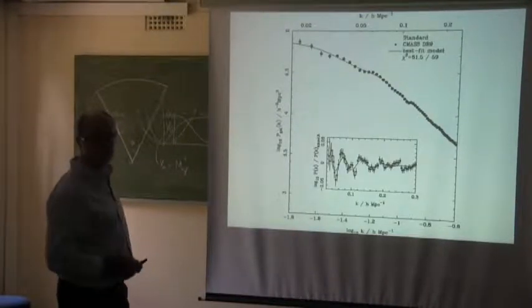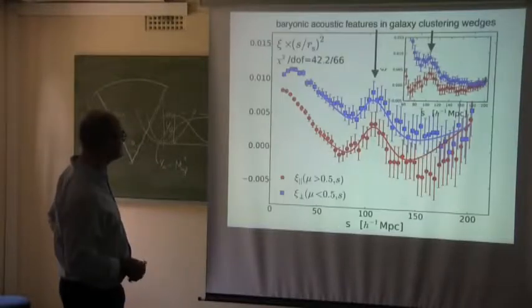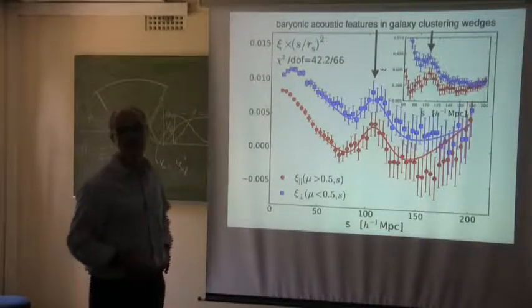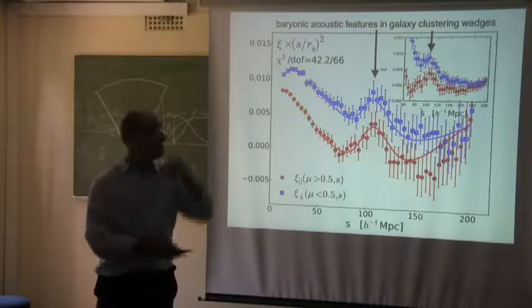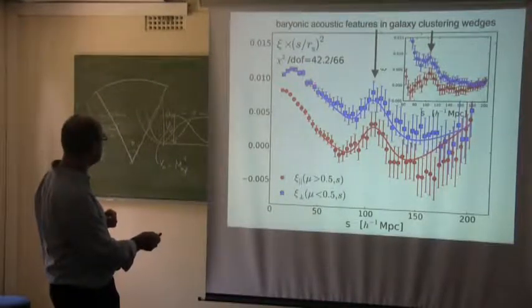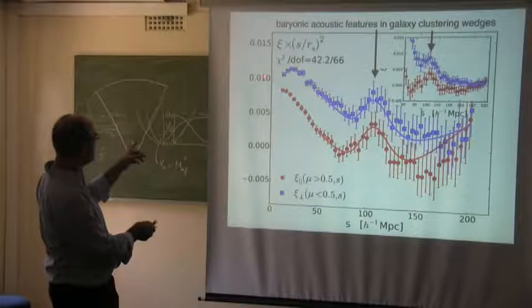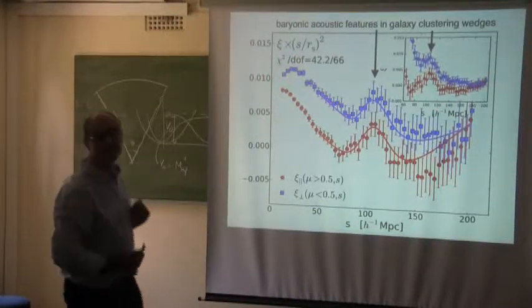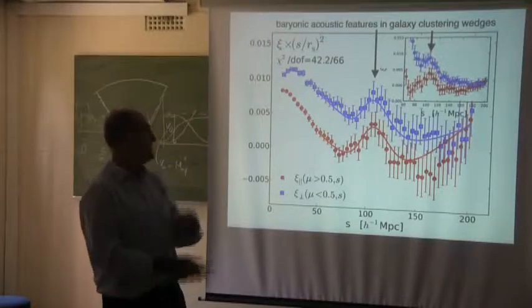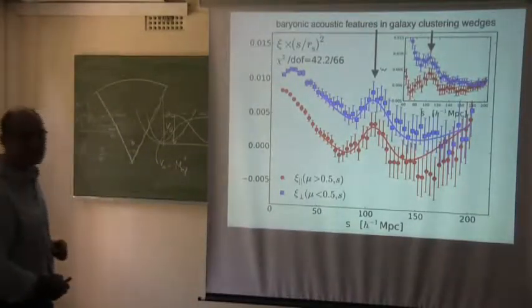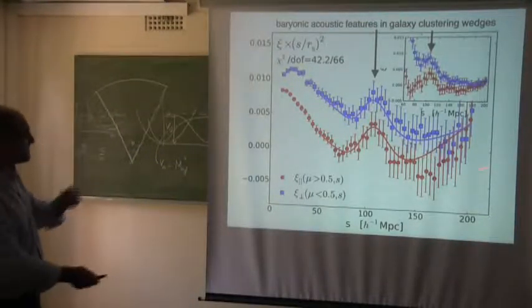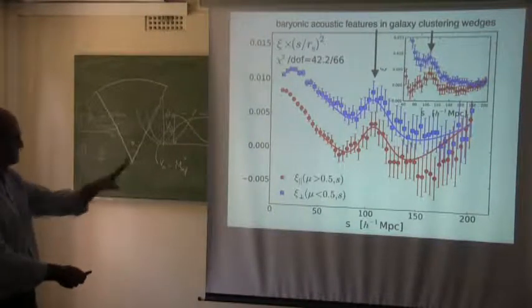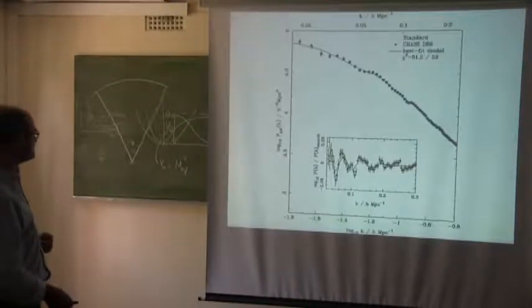Sorry, it looks like it's increasing at large scales and at small. This is because you're multiplying by r squared. Remember, notice, see the bump. You see this? Okay. This is because you're multiplying by r squared. Otherwise, this would go up and this would go down. You're enhancing the errors on large scales. It is not increasing. There is cosmic variance at those scales, of course, but we're not going to deal with that.